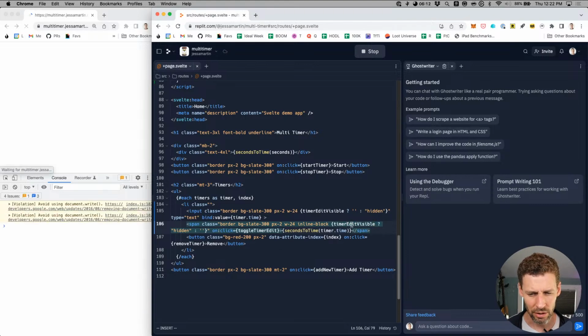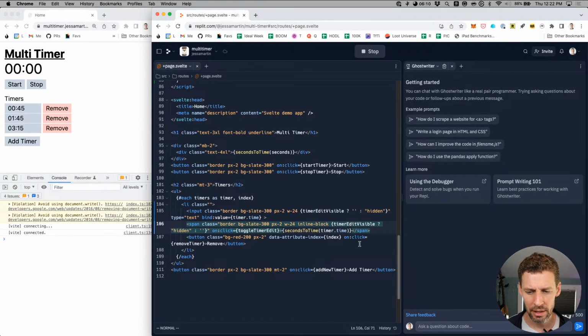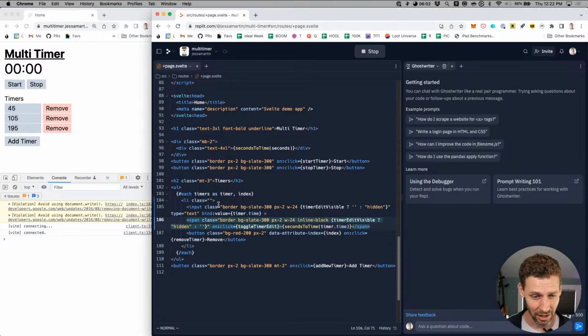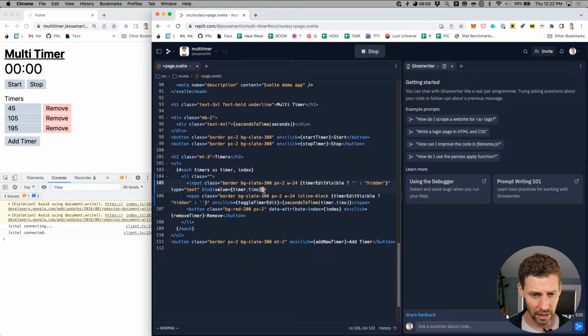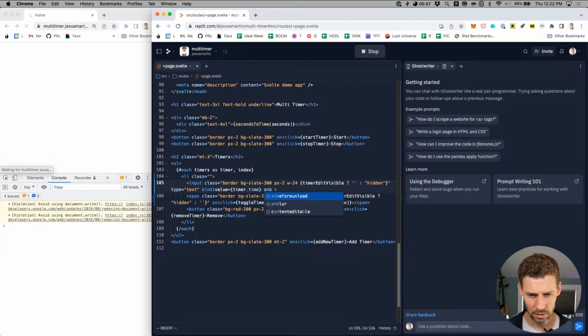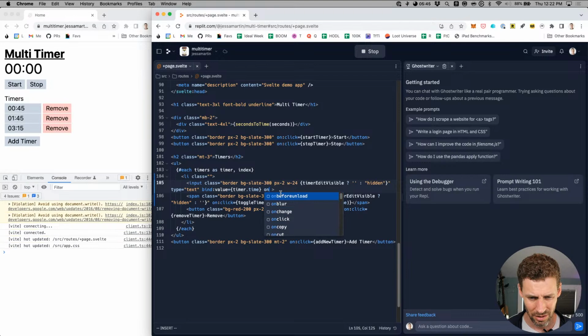Why didn't I get an error there? I would have expected the language server to be underlining that with the squiggly line. All right, now we can't get back to it because we can't click on the span to toggle. So now we need to handle, let's see, on blur. Is that what it is? Oh, come on, help me out, language server. On blur. Bummer.